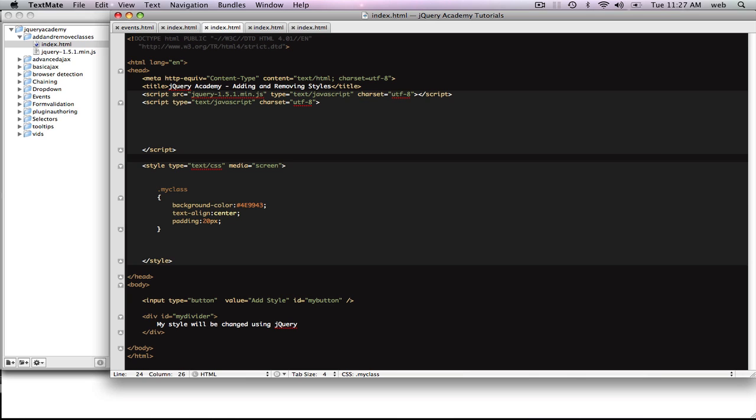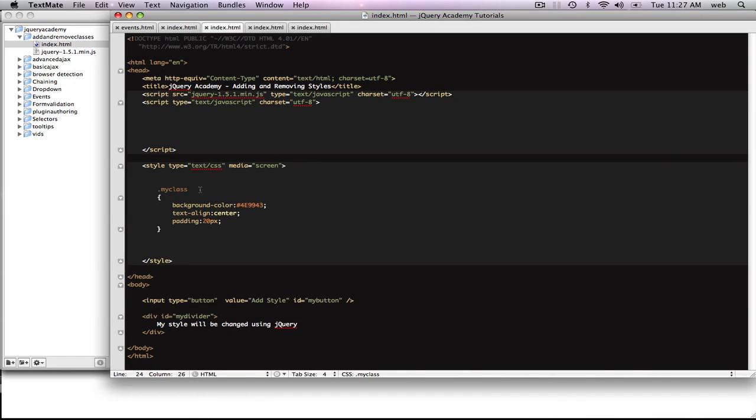So we've got that class now, and if we go back, save the page and refresh, you'll notice that style doesn't apply to anything because its class name is my class, and we don't have any elements that have the class name my class, so it's not applied. So what we're going to do with jQuery is, on the click of this button, add that